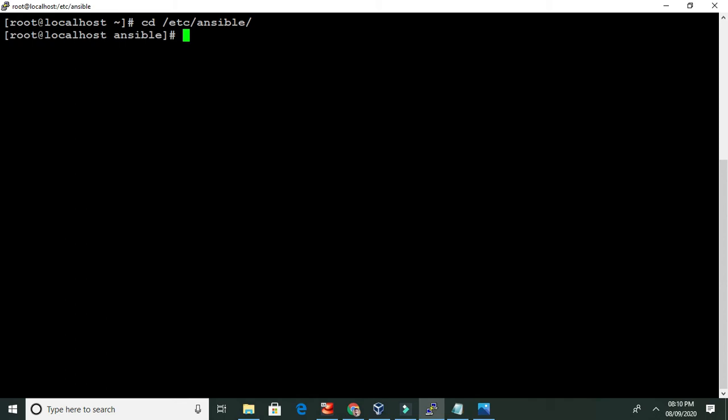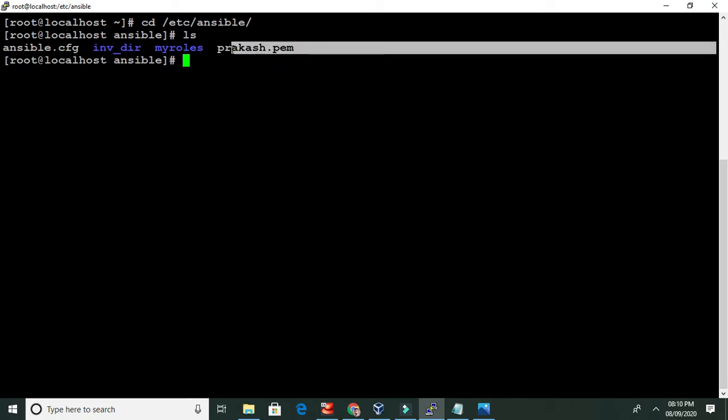Here I have kept the Ansible configuration file. This is the inventory location I am keeping here. All the roles I'm going to keep here, and this is my key which I'm going to use to